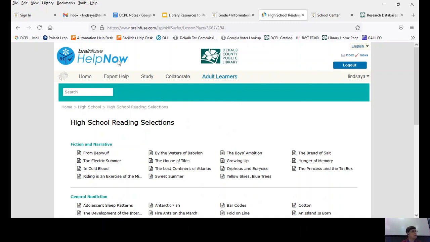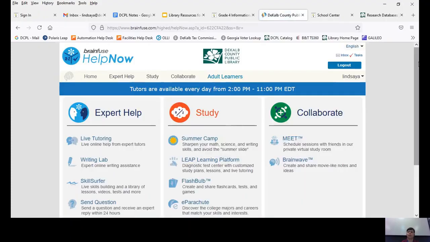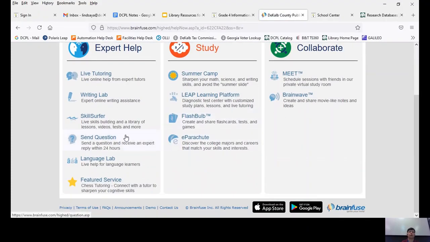All right, so that's Help Now from Brainfuse. One other thing I wanted to mention real quick, well, there's two things. The other thing that can be used, they have Skill Surfer, as I said. They also have Flashbulb. Flashbulb allows you to do flashcards, and what's nice about it is you can take that same set. So if you're doing, say, English vocabulary words, it would have the standard flashcards that you would have, but you can take that same information and make it into a variety of games, and it's already there, from crossword puzzles to a bug game where you have to eat the answer using the bug,